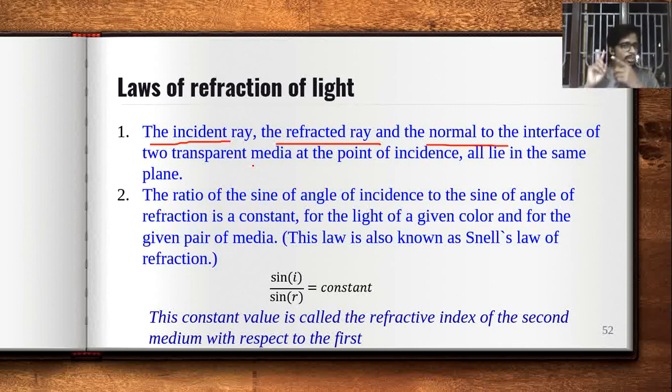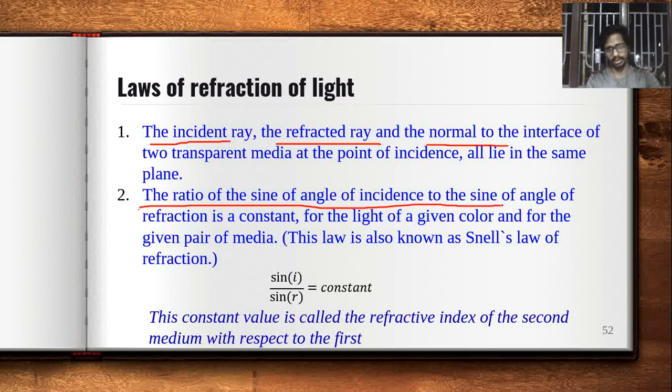If you remember the law of reflection, I have told that the incident ray, the reflected ray, and the normal all lie in the same plane at the point of incidence. Similarly, in the case of refraction, the incident ray, the refracted ray, and the normal to the interface all lie in the same plane. Okay, and the second law says the ratio of the sine of the angle of